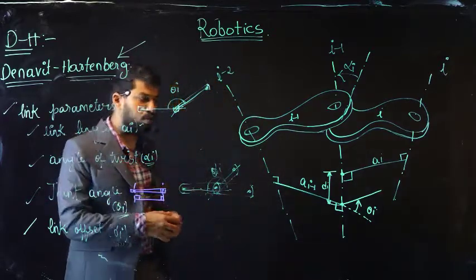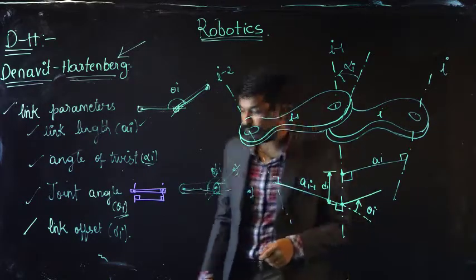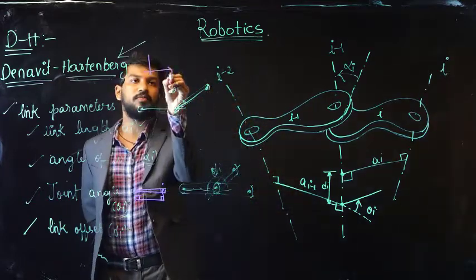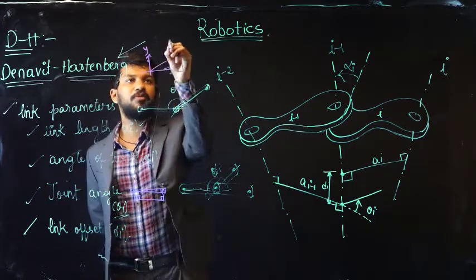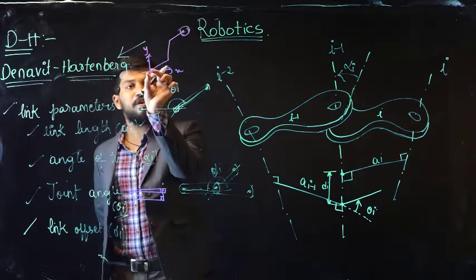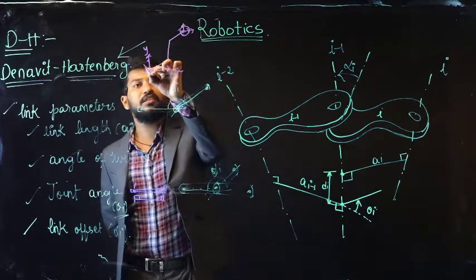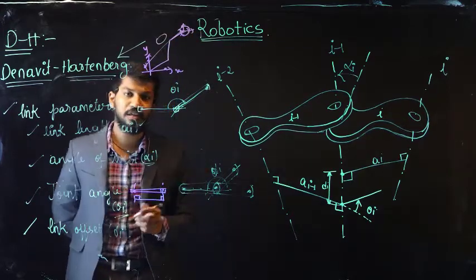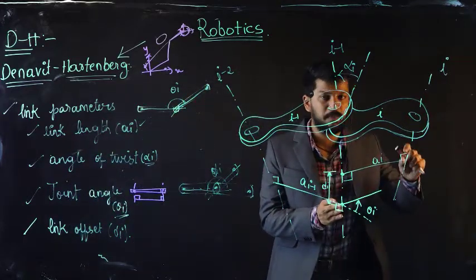Now I will move on to how we will find my end effector position with reference to my base frame. For that, we need to construct my coordinate system, as I have already said to you. This is my x, y. If I want to find here 5, 0, 0, 5, but suppose my link was somewhere here, I need to find this. If I have translated my coordinate system to this particular system, I can easily find it, right? But for this, I need to design a transformation matrix, which we have already learned in the earlier sessions. So I need to design a certain transformation matrix so that I can calculate my end effector position.